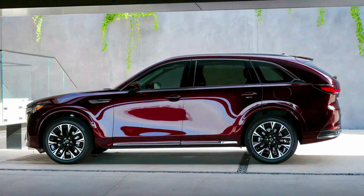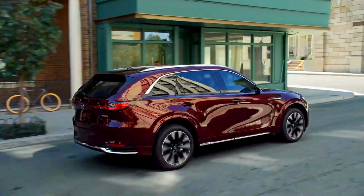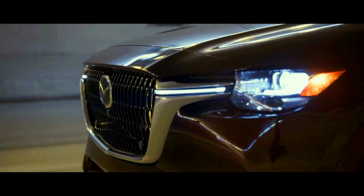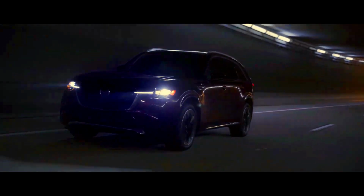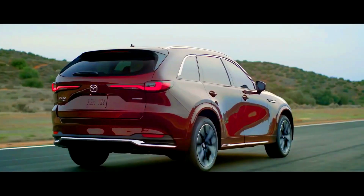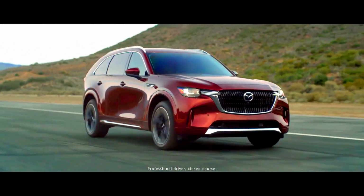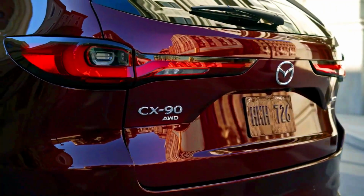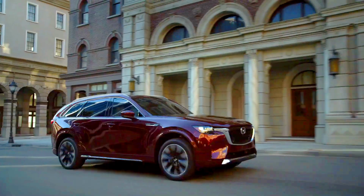Prices range from $40,970 to $54,325. The CX-90 3.3 Turbo S has a 340 horsepower, with premium fuel, version of the mild hybrid Turbo 6. It comes in Base, Premium, and Premium Plus trim levels. Prices range from $53,125 to $61,365. The CX-90 PHEV has a plug-in hybrid powertrain making 323 horsepower and comes in Preferred, Premium, and Premium Plus